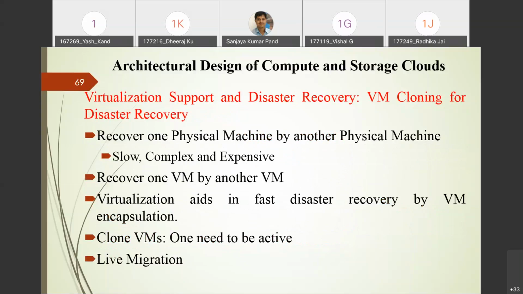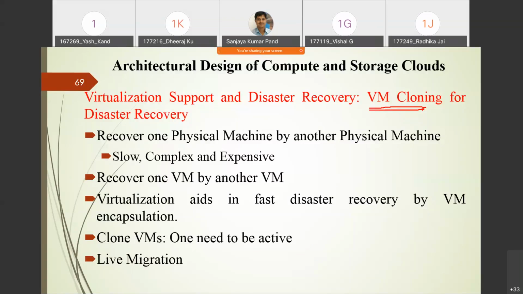See, next another important concept is called VM cloning. VM cloning means we are just copying the virtual machine. Why do we need to copy the virtual machine? It may happen that one virtual machine will crash. That's why in cloud, each and every time there is a backup system.